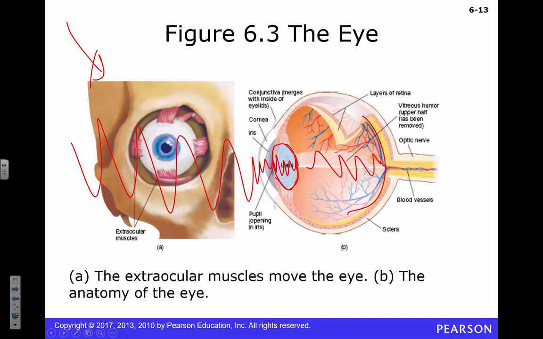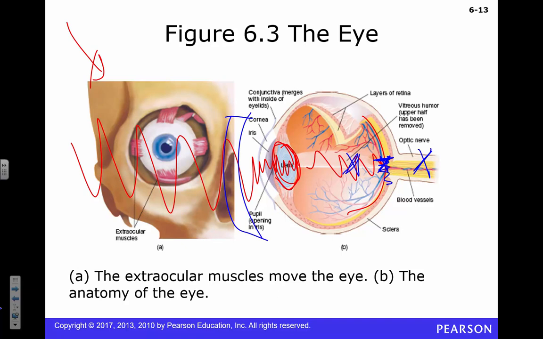So if any of you are nearsighted or farsighted, the problem is your lens is not powerful enough or it's too powerful, and instead of focusing the image here, it'll focus it here or back here. Unfortunately, that means when it passes through your retina, it's kind of fuzzy. You can think about it like the projector. If you start twisting that knob up there around the lens, the image gets fuzzy, right? Because it's focusing it somewhere other than where the screen is, the screen sort of being the retina. You can correct that by just putting another lens in front.